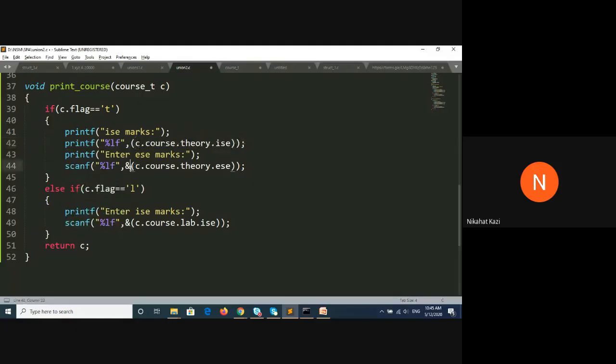You will remove the address of operator everywhere. It's a printf. This is the ESE marks. We'll put a new line everywhere so that we can read. ISE marks. C dot flag. Again, there's a printf. Here, this has to be a printf.